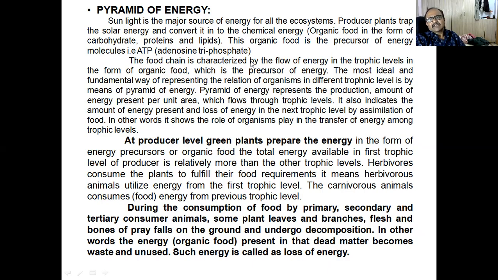Okay, the food chain is characterized by the flow of energy in the trophic level in the form of organic food। अभी एनर्जी जो ट्रांसफर होती है ईच इकोसिस्टम में, तो कौन से फॉर्म में होती है, इन द फॉर्म ऑफ फूड। Primary consumer animals eat the plants, may take the food from this first trophic level, means they take the energy precursors from the first trophic levels। वो क्या कर रहे हैं, फर्स्ट ट्रॉपिक लेवल से फूड ले रहे हैं हर्बिवरस एनिमल, मींस they are taking the precursors of energy and they prepare the energy by using this food, by digesting this food।